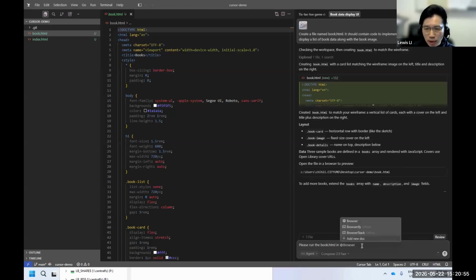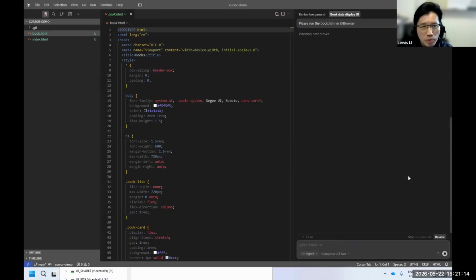So this tag means here I want this page, the book.html page, to be opened and run in the Cursor built-in browser. So you can type the @ sign and then browser and then run it. So it will open this page in the Cursor built-in browser.